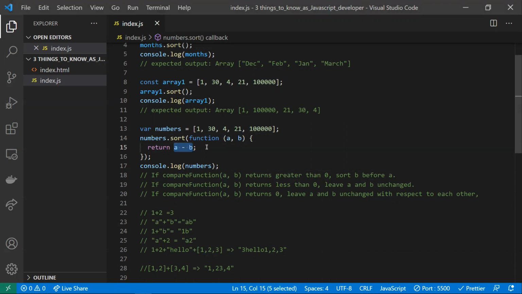What does a minus b do? If a and b are the first two numbers, then in each iteration it picks two numbers, and if the a minus b result is greater than 0, it puts b before a and sorts the array. If a minus b is less than or equal to 0, it will not change the order. In this way we can sort the array. Hope you understand this.